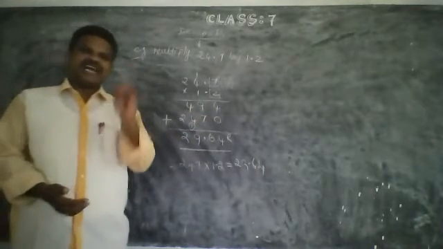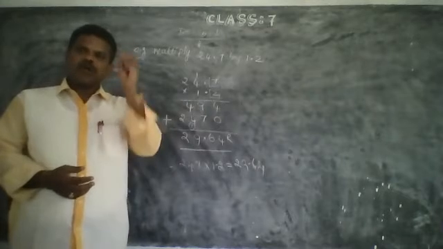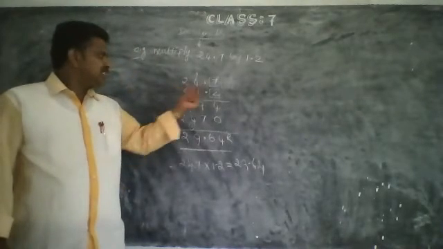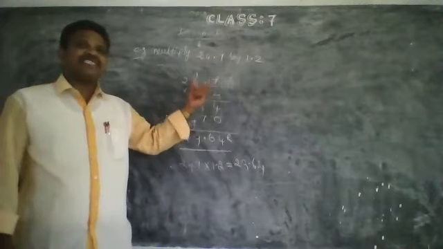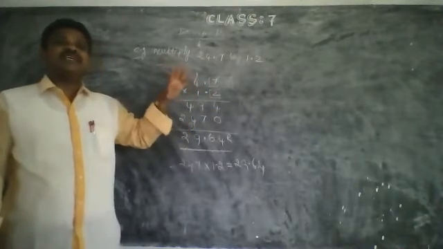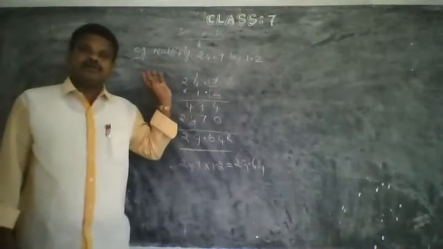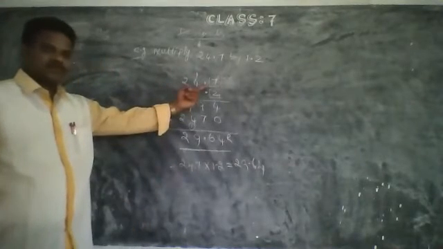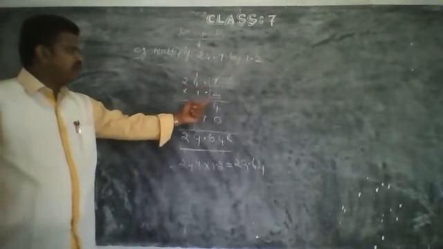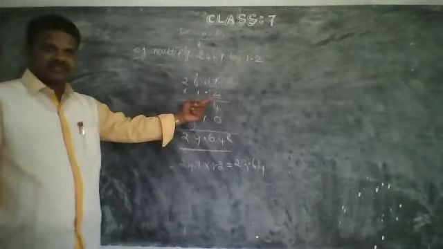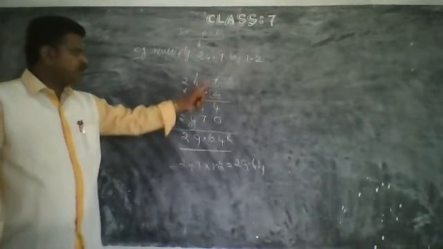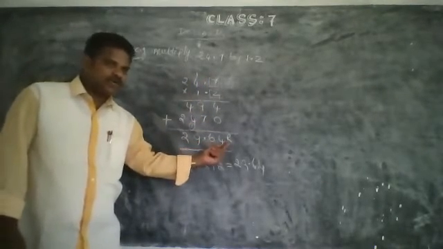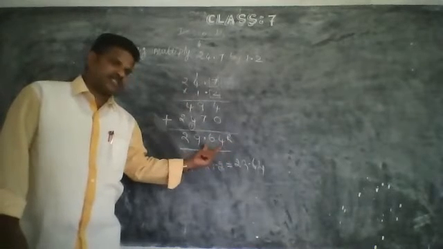But the question is, where do we put the decimal point? So how many decimal places are there together in the multiplicand and multiplier? Here is one decimal place, and here is one decimal place. Altogether 2. So we put the decimal point 2 digits from the right in the product.